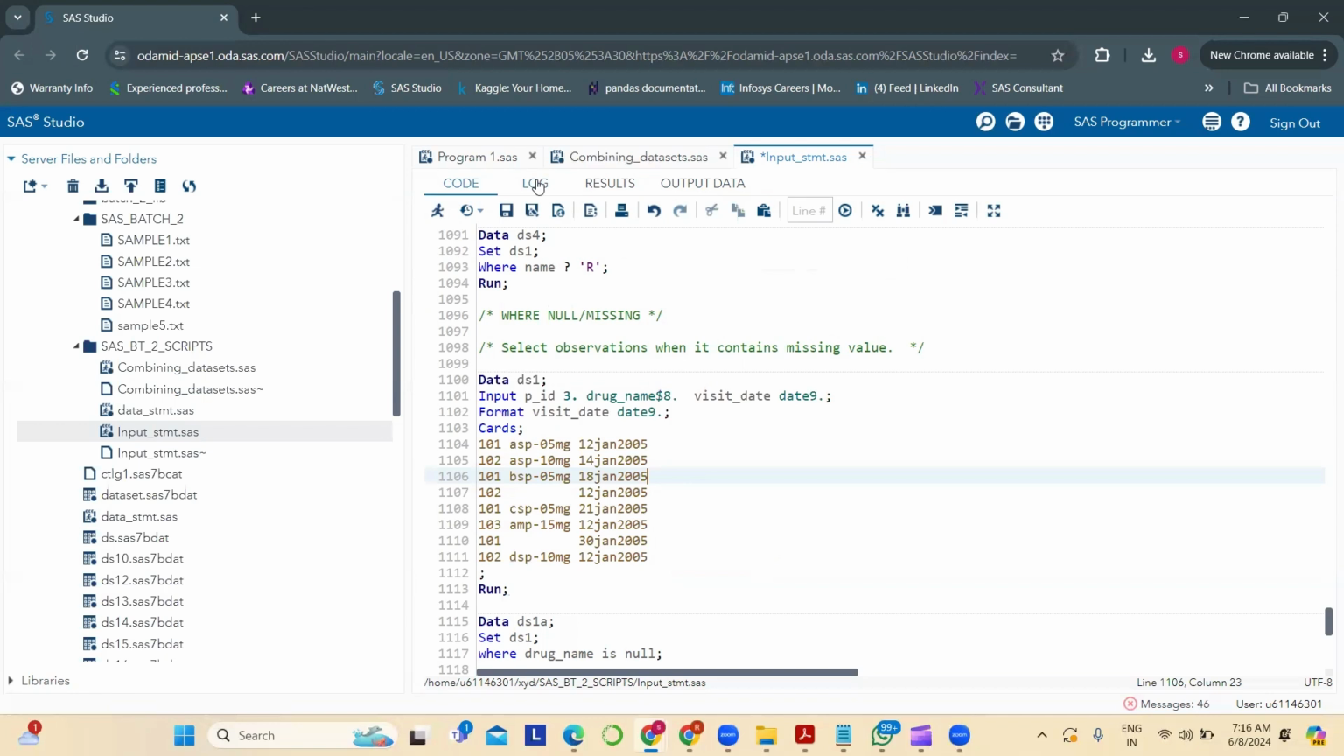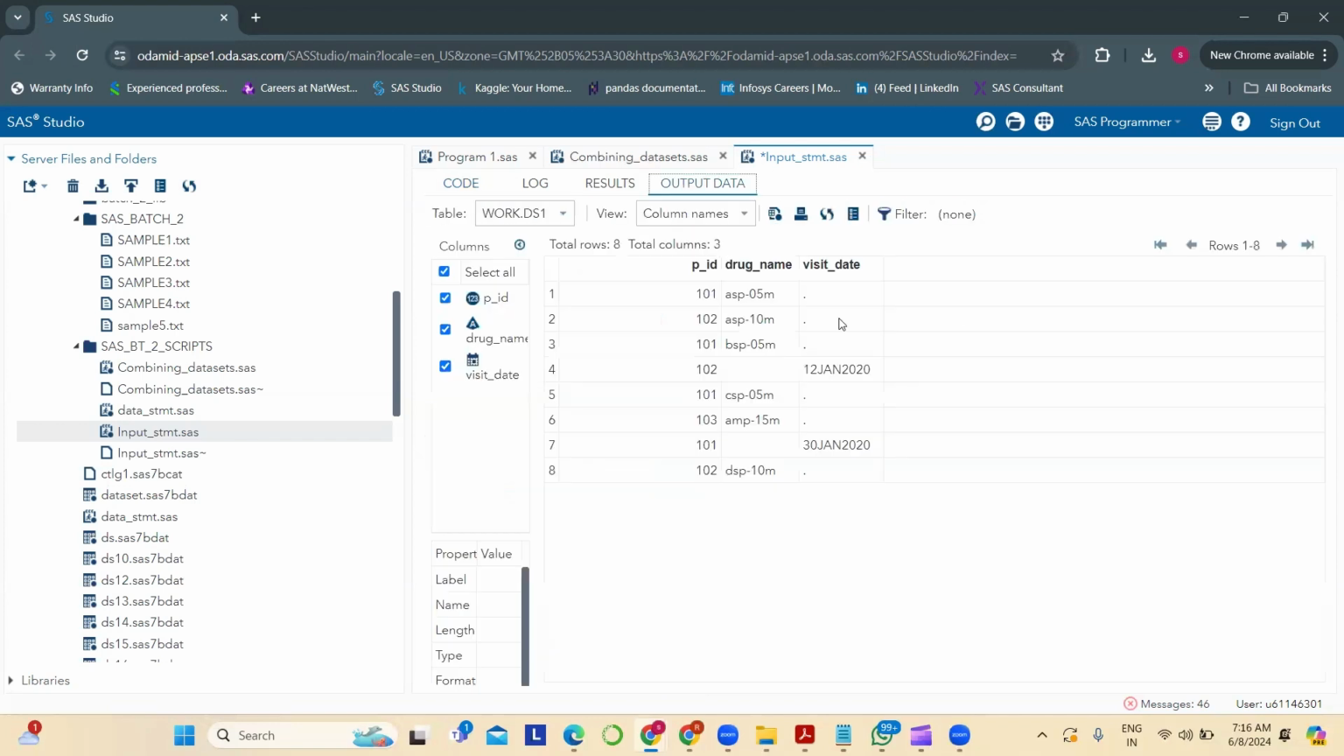So here what's happening is drug name 3, 4, 5, 6, 7, 8. So we got 8 and then visit ID. 1, 2, 3, 4, 5, 6, 7. 1, 2, 3, 4, 5, 6, 7, 8, 9. Okay, so here what happened is